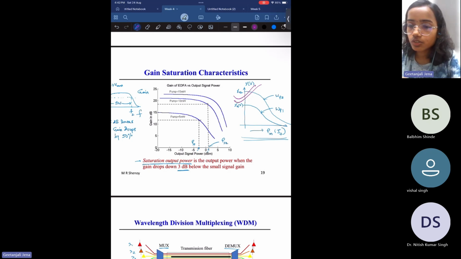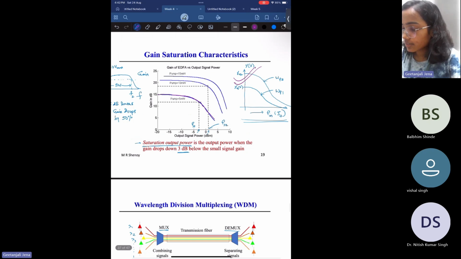Now for EDFA, around 1550 nm you will see a flat band. So for this reason, we see a flat region, then the gain will gradually decrease because of the increase in intensity of signal power. Now, when you increase the pump power, the gain curve will increase and we'll see a flat line. Then after a certain point, it will start to decrease.